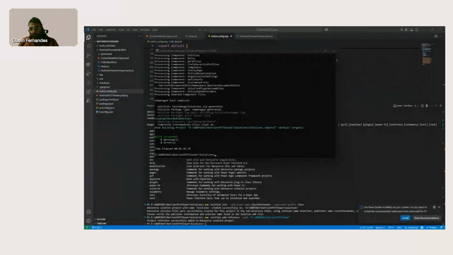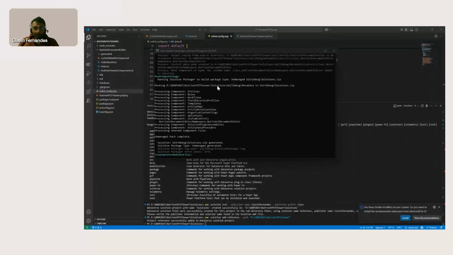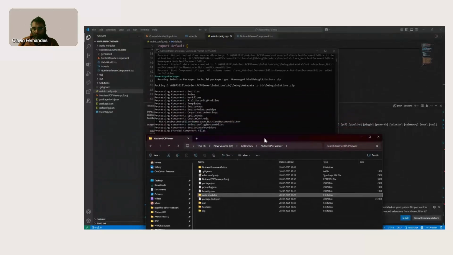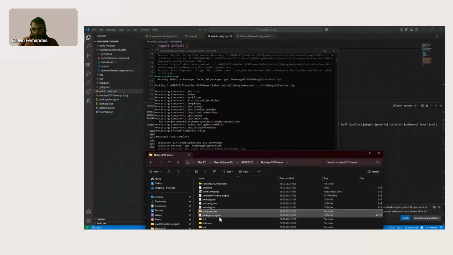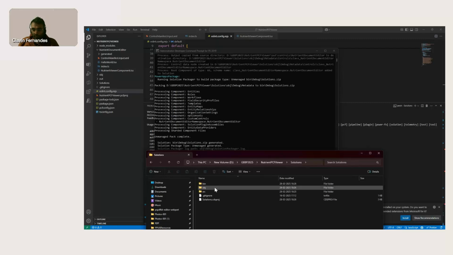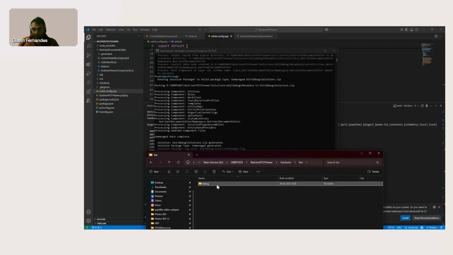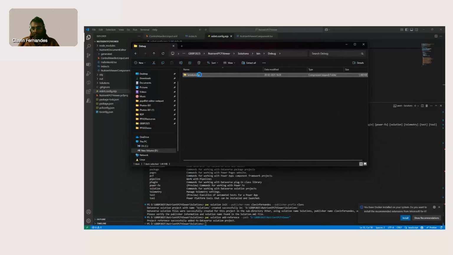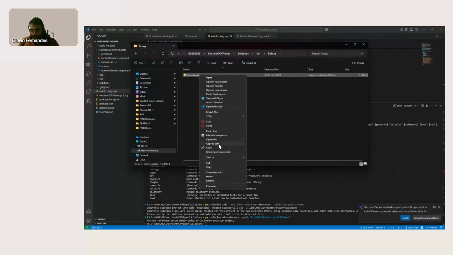Oh, okay. So it built itself. So if you see, the solution is in this particular folder. So if I go here into this particular folder, which I have revealed in Explorer, right? Let's see the folder path. It's in solution, bin, debug, and solution.zip. All I need to do is right click, copy as path,